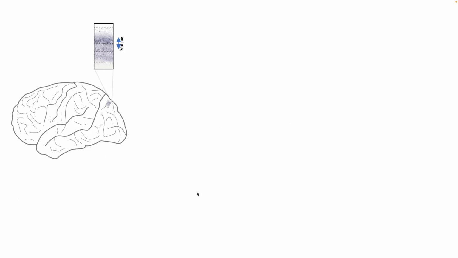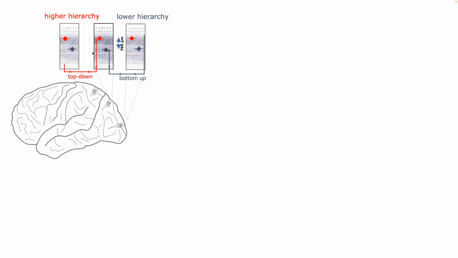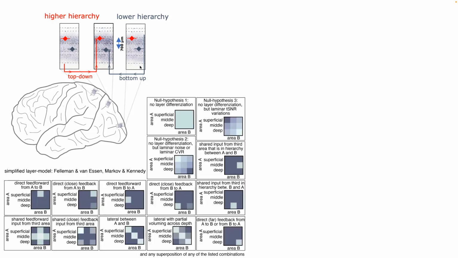So maybe you know, if you're in the field of neuroscience, that there are brain areas that are strictly hierarchically organized. And based on models like the Felleman and Van Essen model, we know that each brain area in these hierarchical systems receives feed-forward input from another area that is lower in the hierarchy, via bottom-up feed-forward input to the middle layers mostly. Whereas the same brain area receives feedback from another area that is higher in the hierarchy, mostly via top-down input, mostly in the upper and deeper layers. So based on this kind of canonical microcircuit, you can then build hypotheses about layer-dependent connections across large brain systems